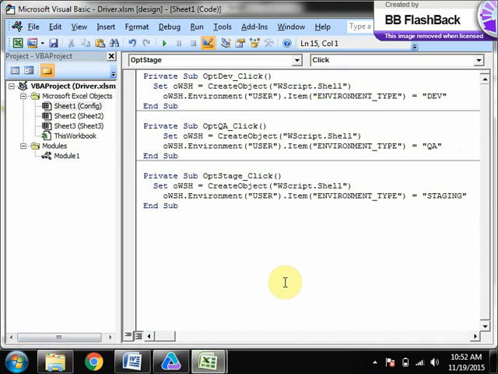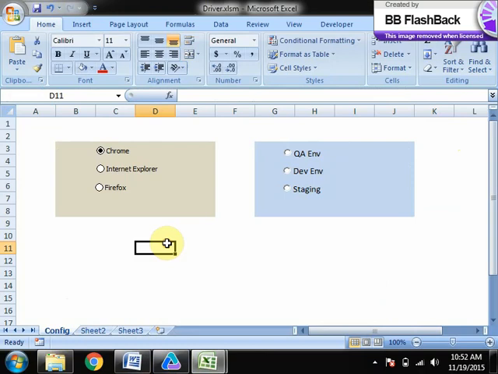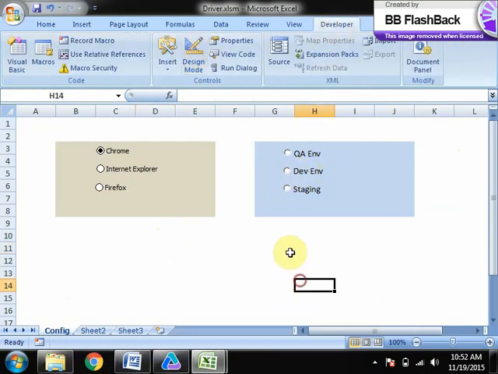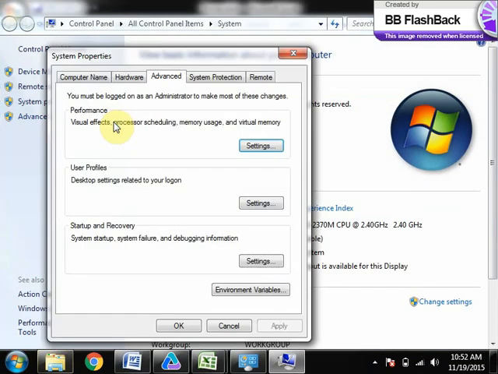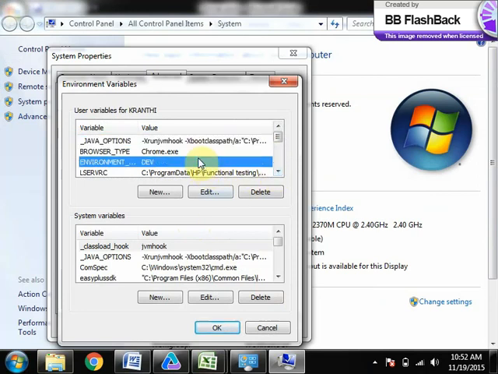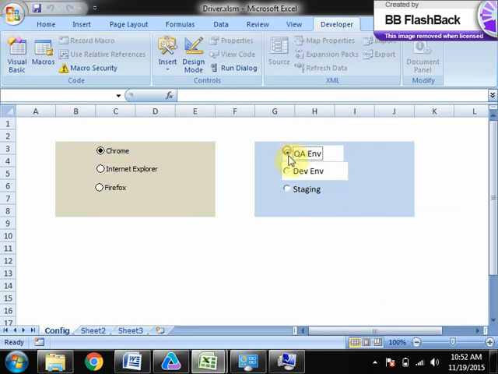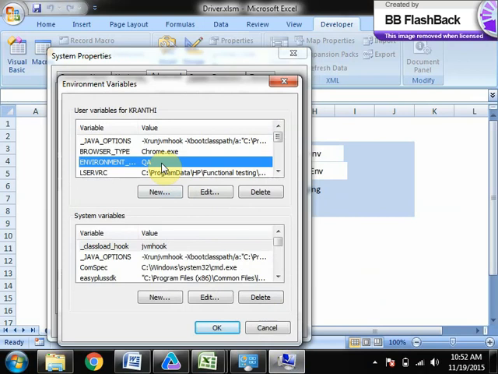So you are setting almost the same thing that you are doing here. Then based on whatever option you select, remove the developer design mode. If you select this, you can see environment type has come here. If you select QA, it has come here.